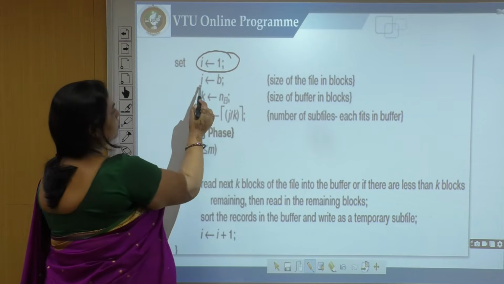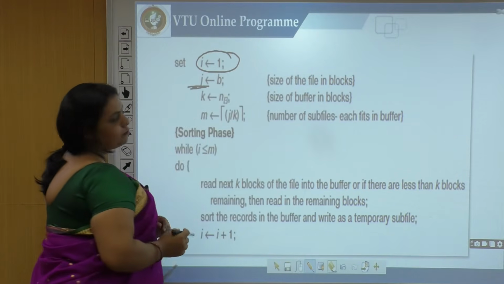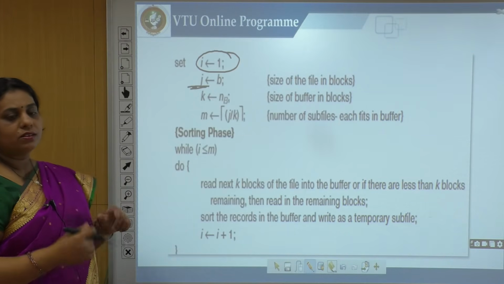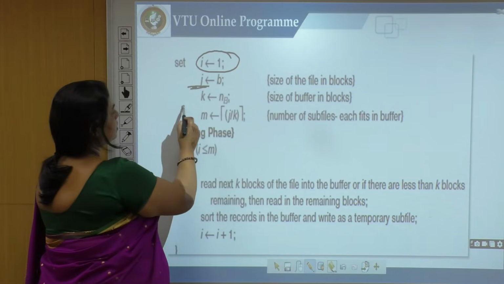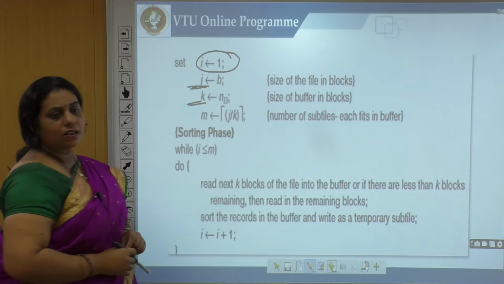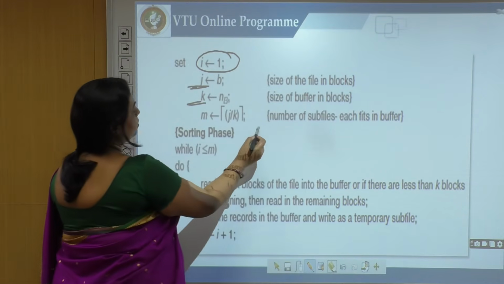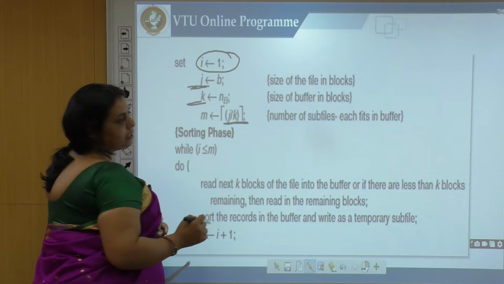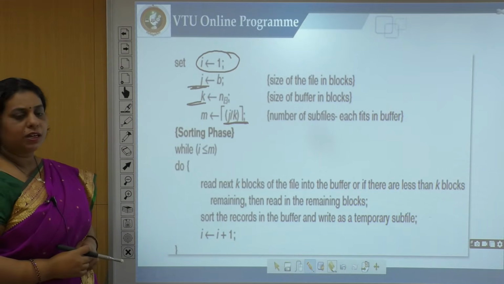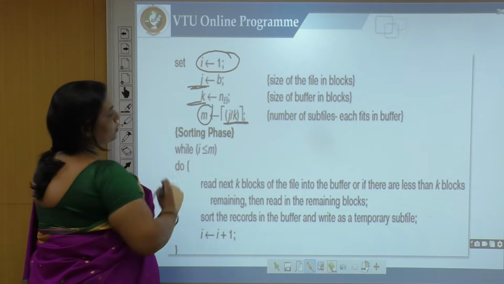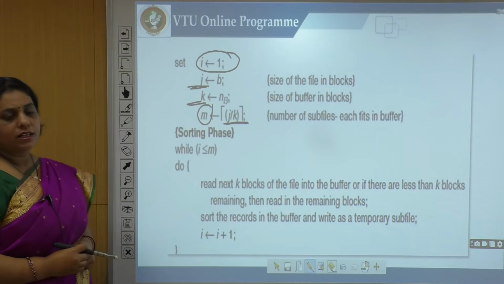The file size B will be assigned to the variable J, and the number of blocks available in the buffer will be stored in the variable K. Then how many subfiles will be generated depends upon J divided by K, that is 1024 divided by 5. That value will be stored in M.